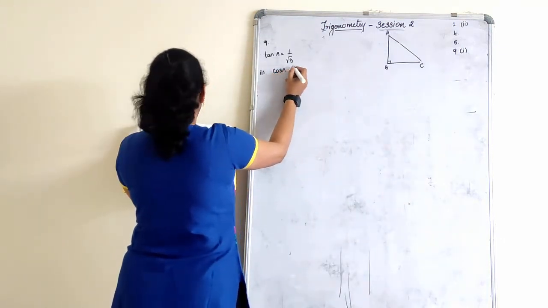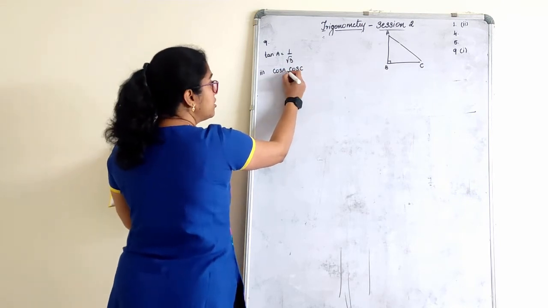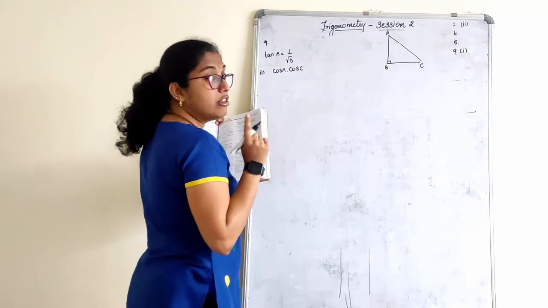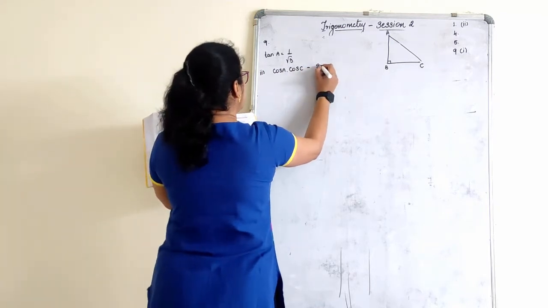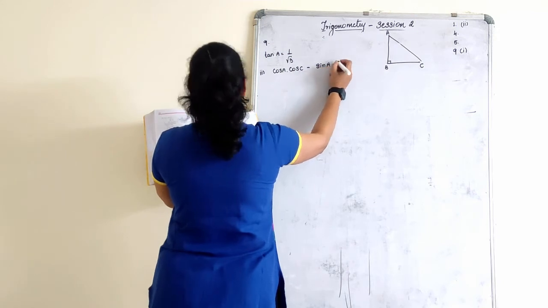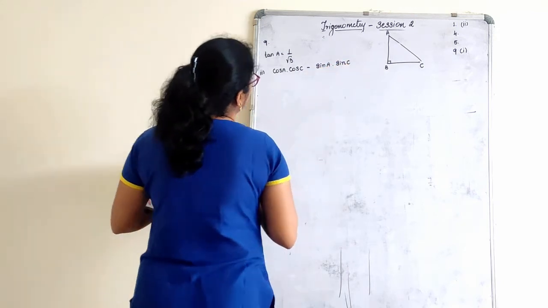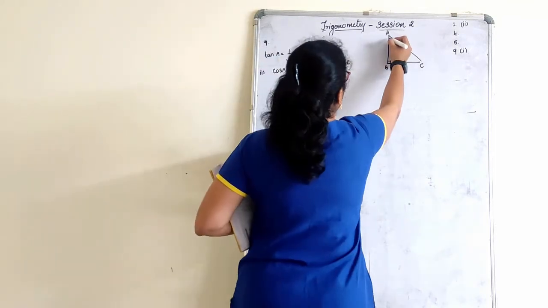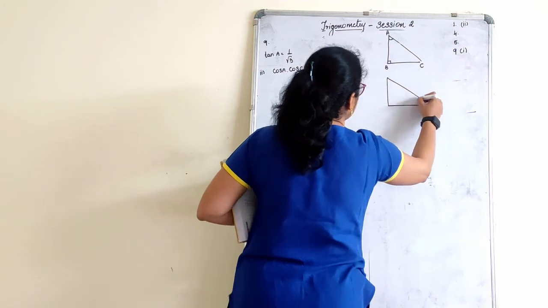See, cos A continued with again cos C. It is nothing but multiplication, or a dot is given. It is also understood that it is a multiplication. Minus sin A into sin C. So we have to work with respect to angle A as well as angle C. We will have two figures now.